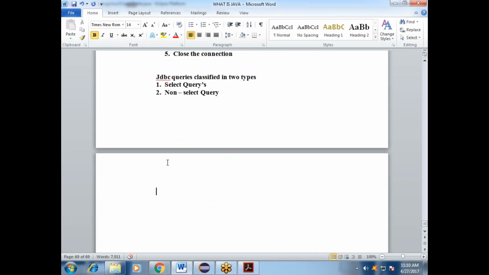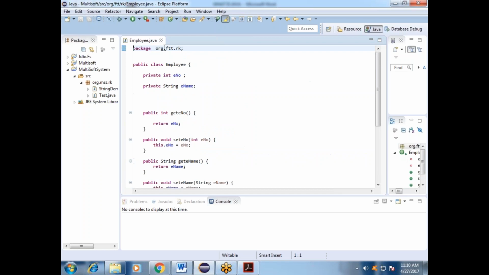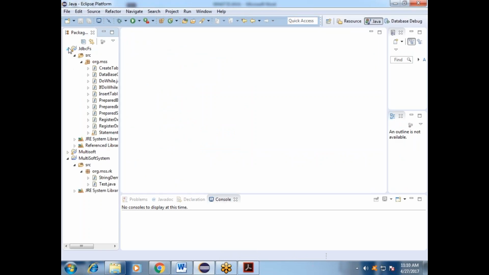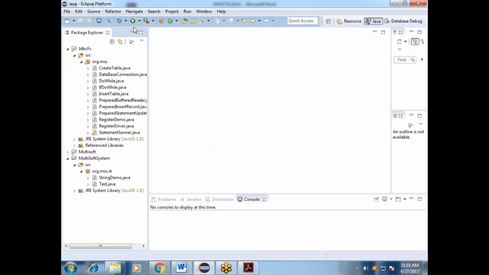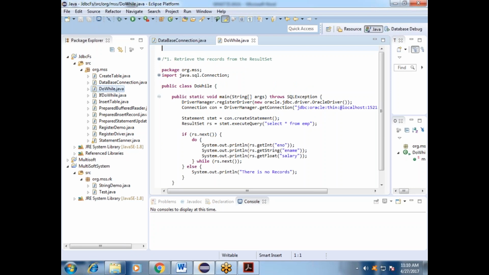I have already shown executeUpdate. Now you can go ahead and show the select query method. Suppose we have already done this in the last class.